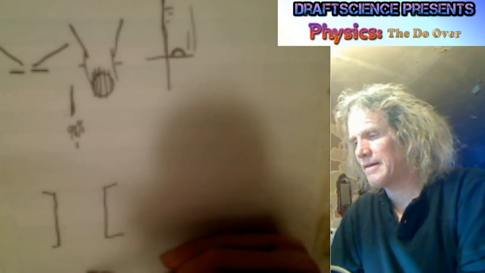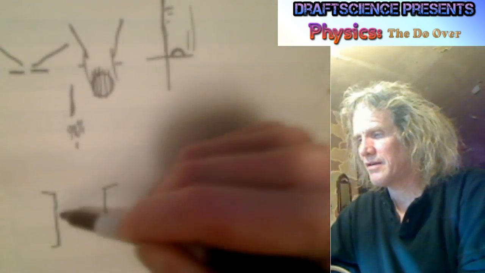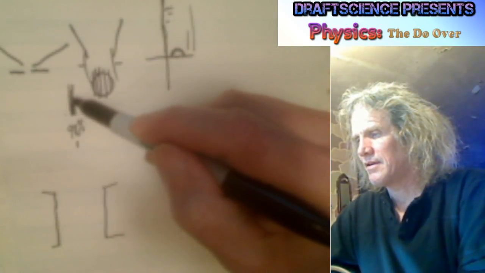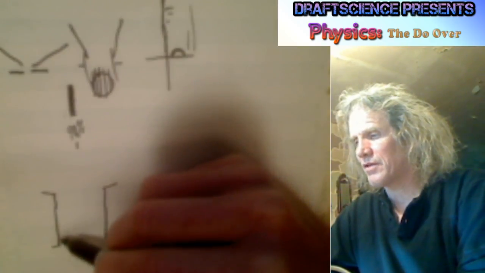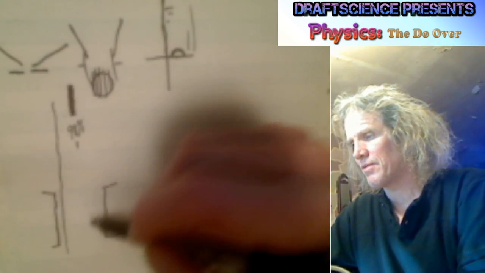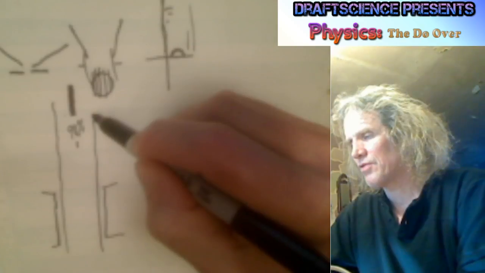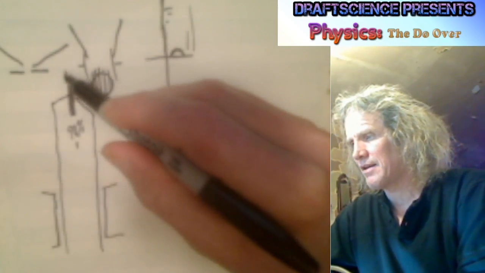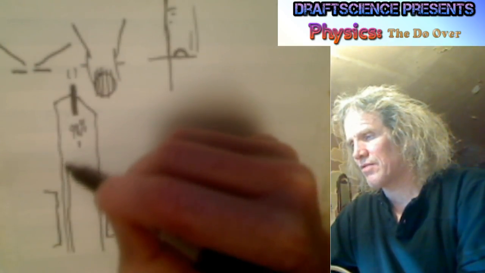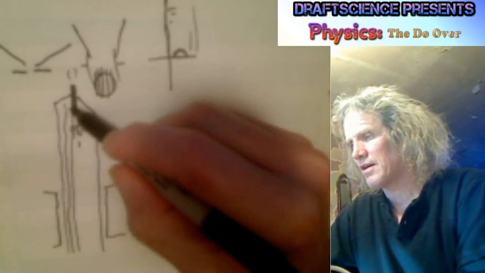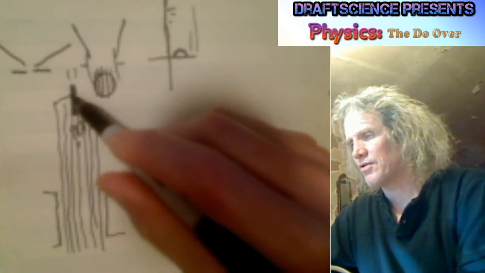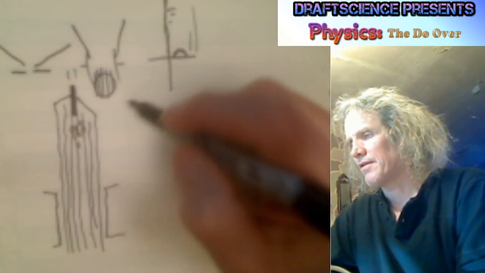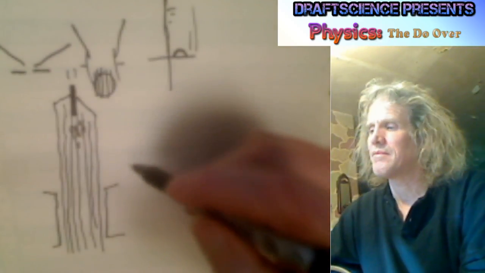So 90% of the light, and the slit is very small. So the slit is the same width as, less than this bar of light here. So you can understand that if a photon went straight through here and didn't get interrupted, went on a straight path, and it went on a straight path here, those straight paths would be inside this distance. So you have to understand that the ones in the middle could just represent photons that don't hit anything. They just zoom right through, completely unmolested, and those are the ones that end up in the middle. And so then you have the rest of these patterns that have to be explained